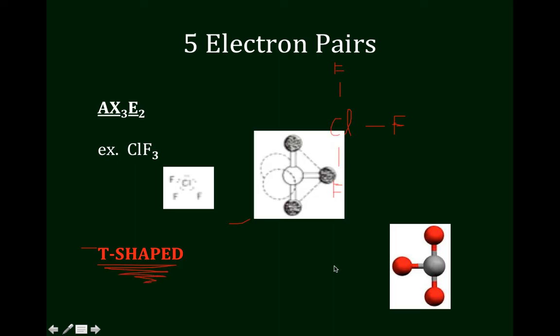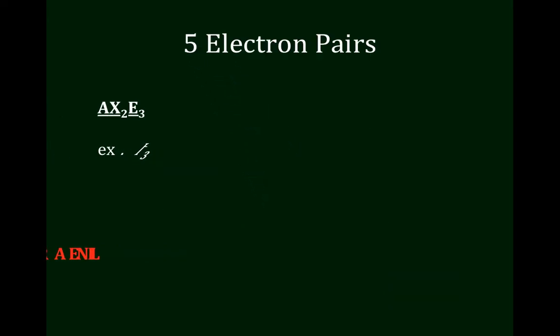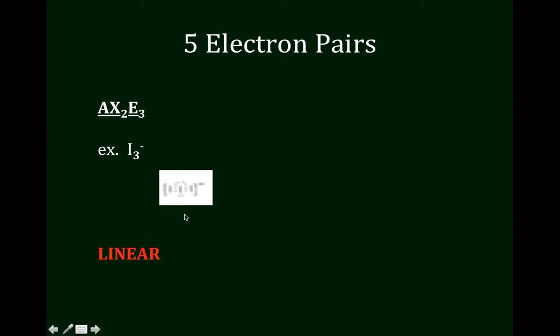And our last one, there we are. There's the two lone pairs that we haven't shown. There's the fluorine sticking out. Our last one will be AX2E3. So now all of the bonds in the equator have been replaced. And very hard to see, again, we have our octet. Well, we have more than an octet. We have a decet because we have 10 electrons around, 2 involved in bonding, 2 involved in bonding, and then 3 lone pairs left off around the center